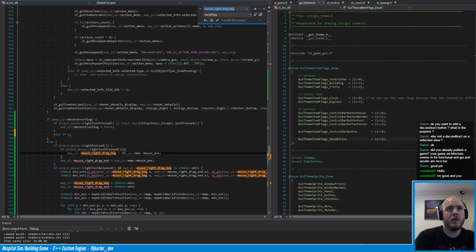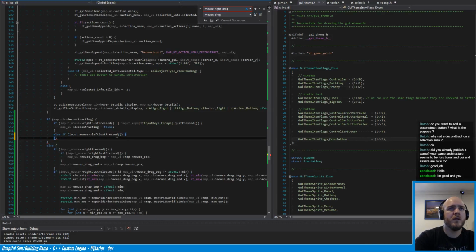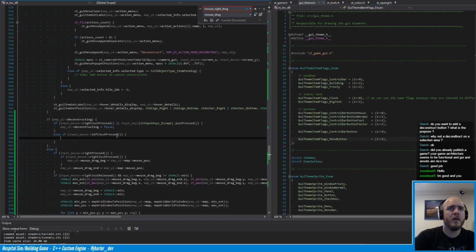Mouse drag with just mouse drag. And I'll need to, else if put mouse down left and just pressed. Then